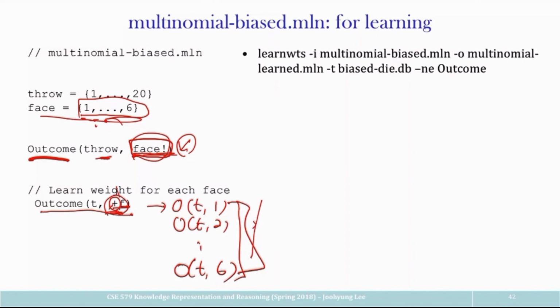Okay? Yes? Professor, in this example, what are the evidence and what are the truth? This was actually generative learning, so you don't have to worry about that. But even if you look at this as discriminative learning, if you make the evidence empty, then this is the same as that. Okay? Right. Any other questions? Otherwise, let me open